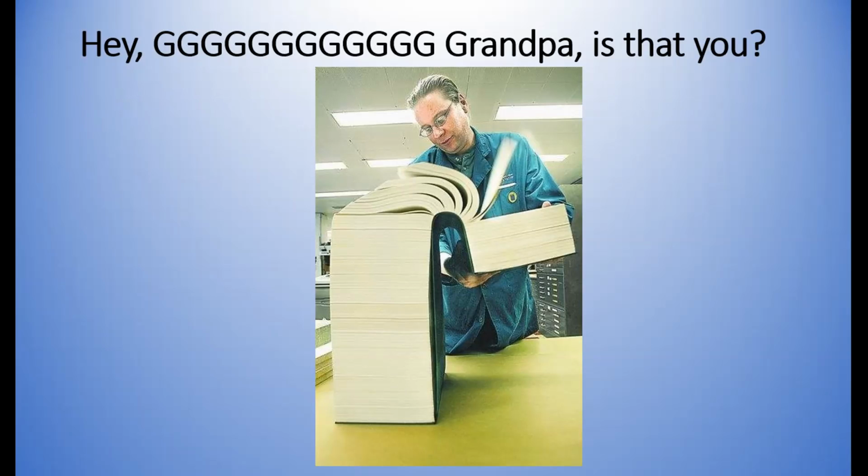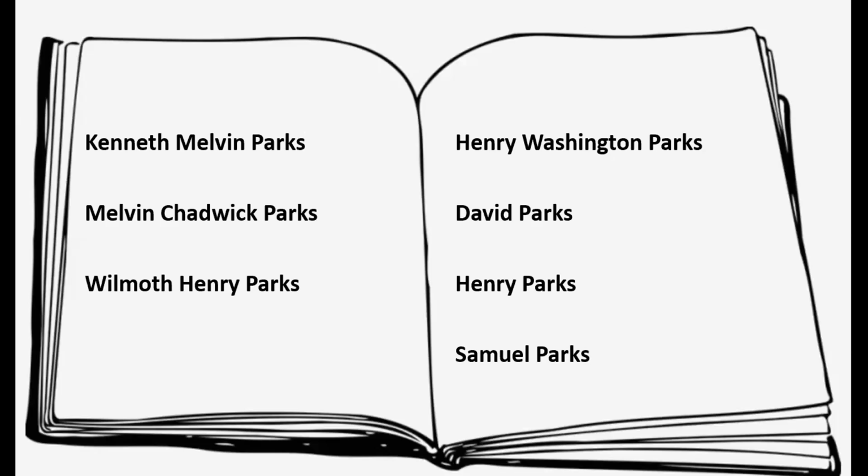So that's wonderful. We've got this book. We're thrilled. You had name after name after name going back chronologically in time. Who wouldn't love to have a magic book like that? Well, you close it up and you go away for a couple of days and you come back and open it up again. You want to show a friend this wonderful book you have. And now there on the first page, for instance, this is my book. So there's my name and my father's name, his father's name, and so forth, all the way back to my